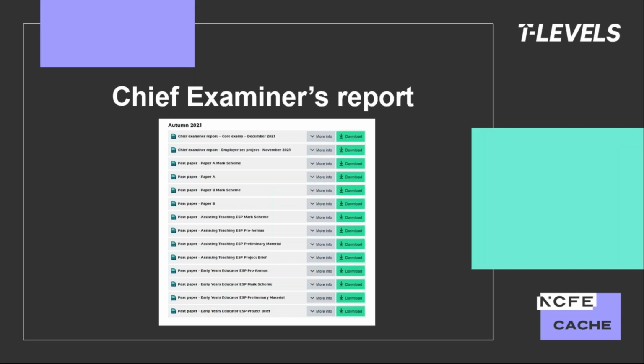Okay, absolutely, brilliant. So we've got our first Chief Examiner's report from the Autumn 2021 series. If you haven't seen it yet, you'll find it in the documents in the assessment section of the qualifications QualHub page. You would scroll down and see the documents that you can see on the screen now in that screenshot. And to access them, you'll need to use your portal login, just as you would for the Education Childcare resources.